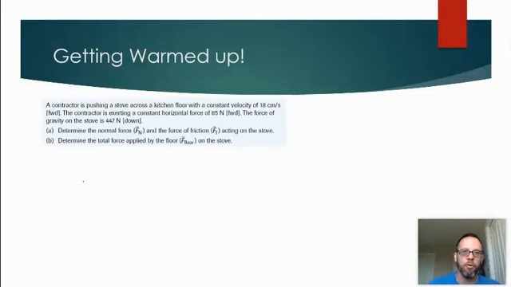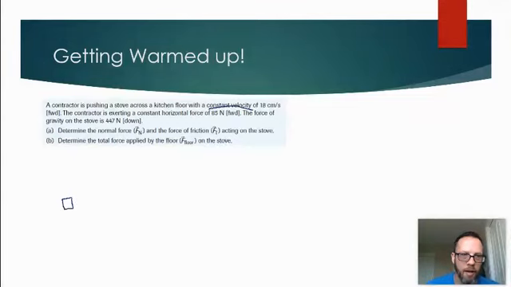So a contractor is pushing a stove across the kitchen floor with a constant velocity. That's important, make note of that, constant velocity. The contractor is exerting a constant horizontal force forward, and the force of gravity on the stove is 447 newtons down. So if we draw a free body diagram of this stove,